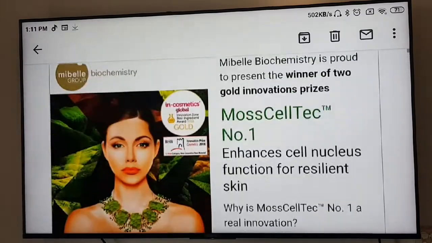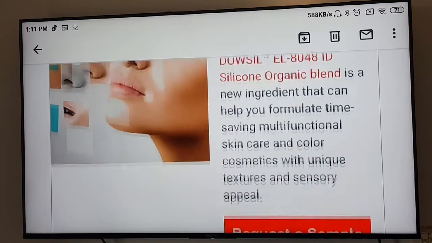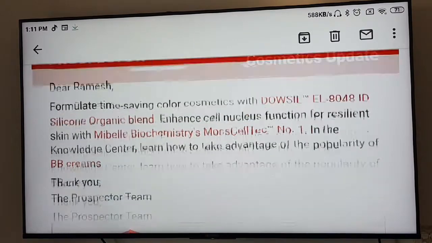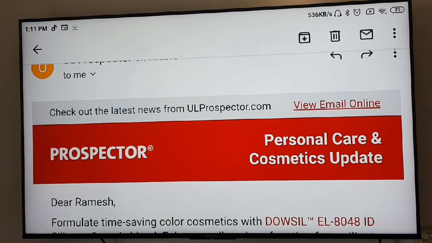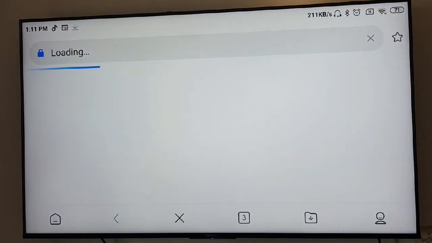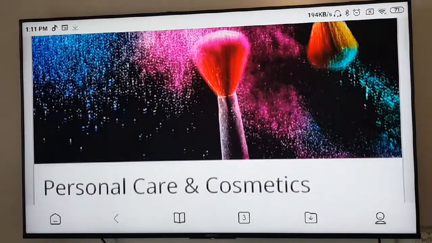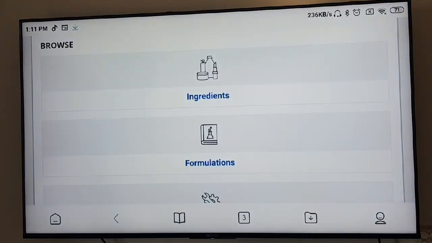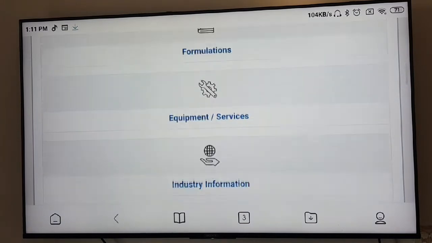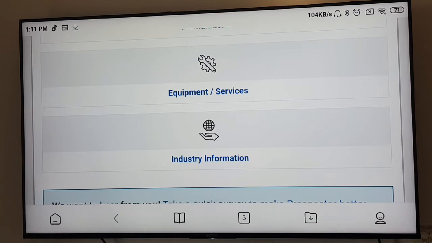And also now we can get into any ingredient if you want to search. It gives ingredients, formulations, equipments and services, and industry information.